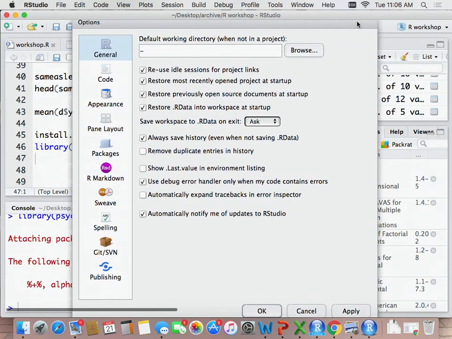In mine, I can select which version of R that I want to run. Okay, so if I click on Tools, Global Options, my first one says R version, and then you can click on Change. And so as long as you have that R version installed, you can run multiple versions of R